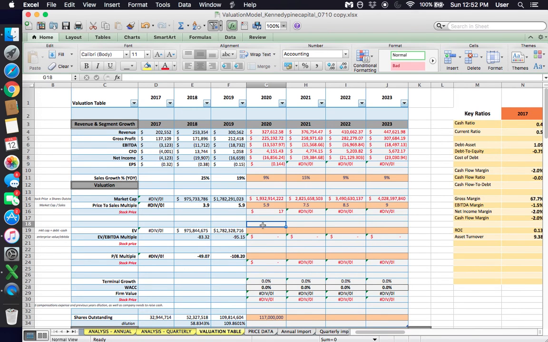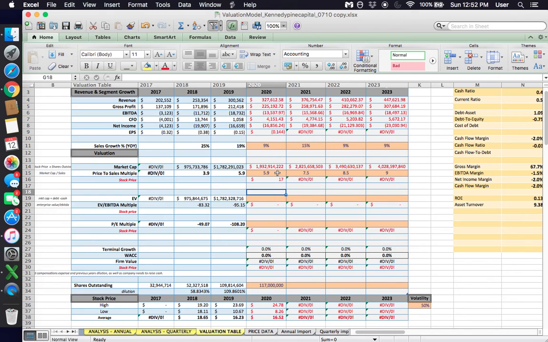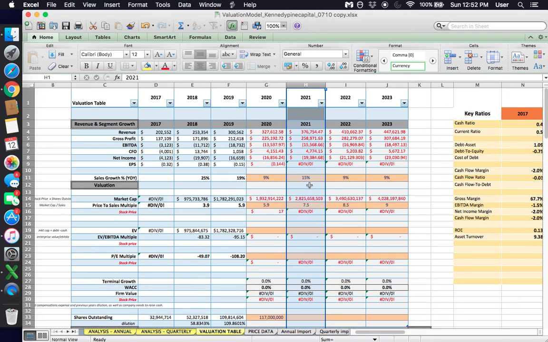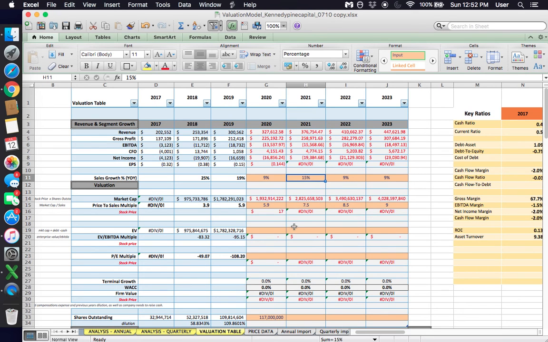Now that we've got our multiples all the way across, and we've got our sales growth, remember, this is just a conservative estimate. We just assumed that Upwork would grow at 9% for the following years, with the exception of 2021, because that is the year when they would have a strong bounce back. If we just assume these sales growth numbers and put a decent multiple on the company for each year,